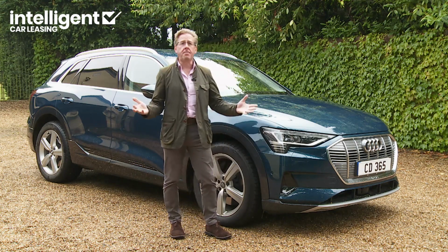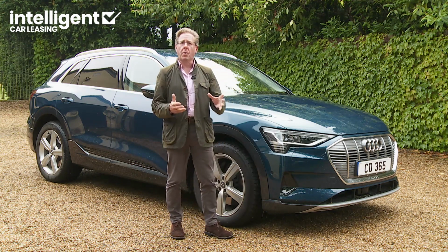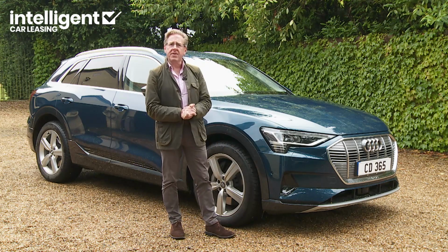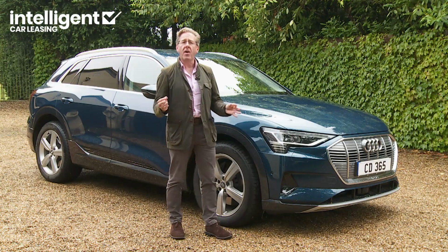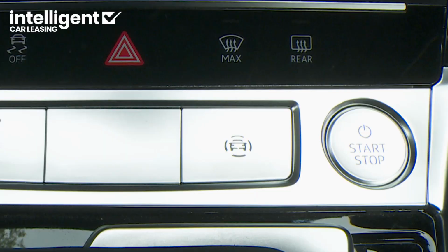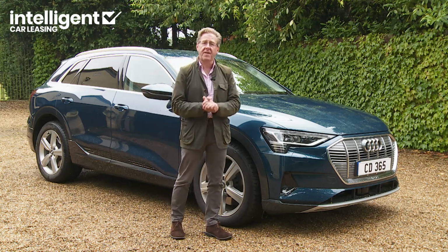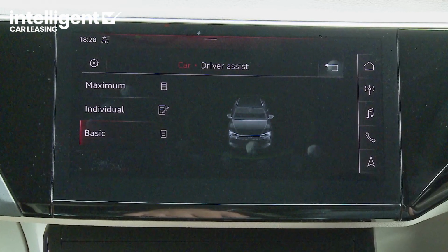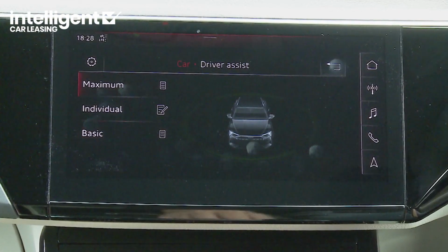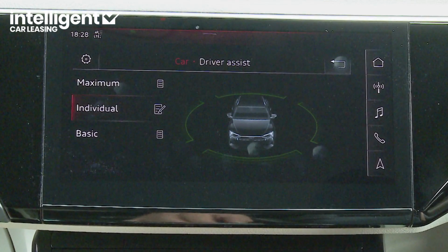So how on earth can you monitor all the different features in everyday driving and decide which ones you want to activate at any given time? Well, Audi has tried to simplify that process here by providing a driver assist button at the bottom of the centre stack, there to allow the selection of the kind of electronic security blanket you want. Basic includes only the most important items, Maximum gives you everything, and Individual allows you to pick and choose the